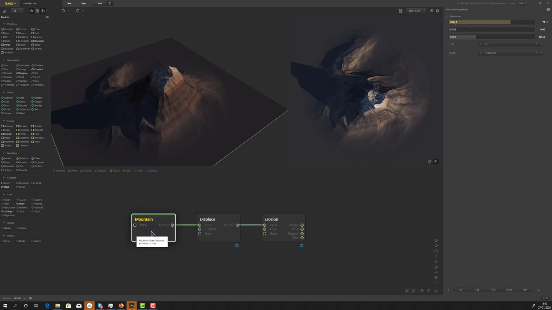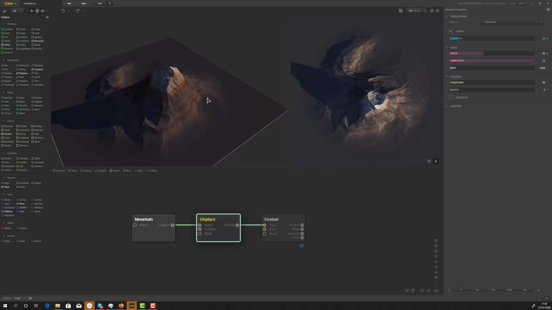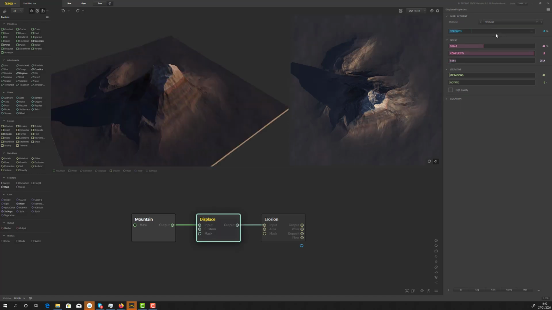Then from this node, and you know that we can have also a mask to control the primitive. By the way, we'll talk about mask in a future tutorial. We have the output, and then we move to the displace. The displace is able to add more information here about the terrain. You see that here we have some kind of displacement. So we have the standard one, we have the vertical one. So you see that the displacement is